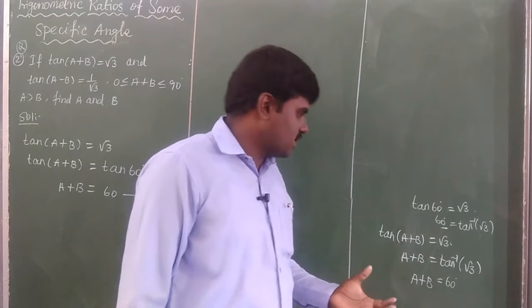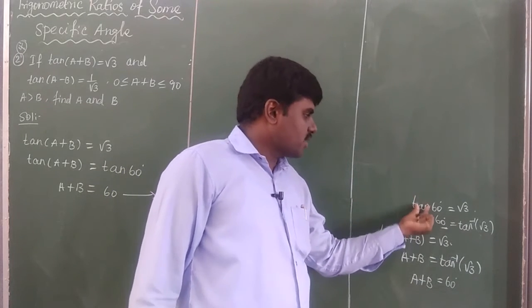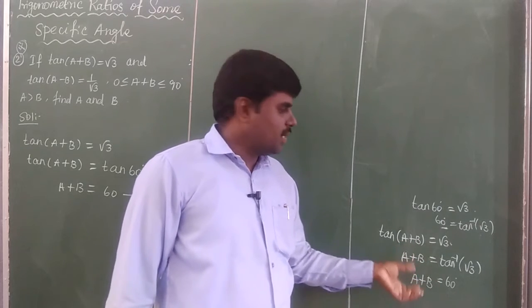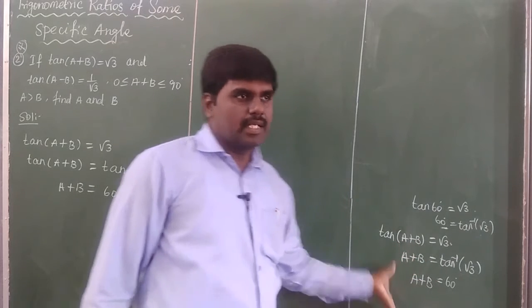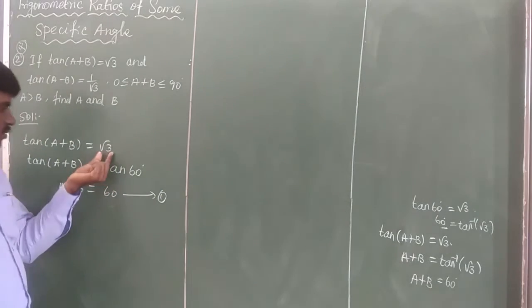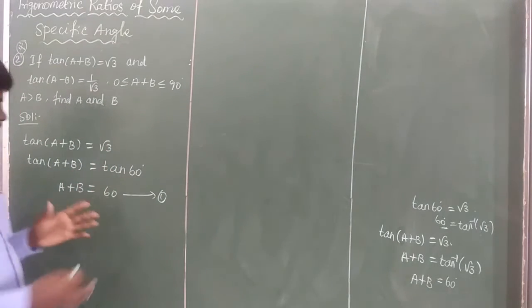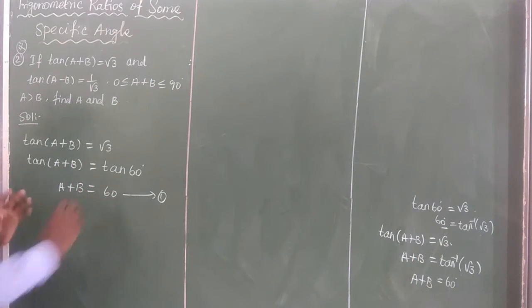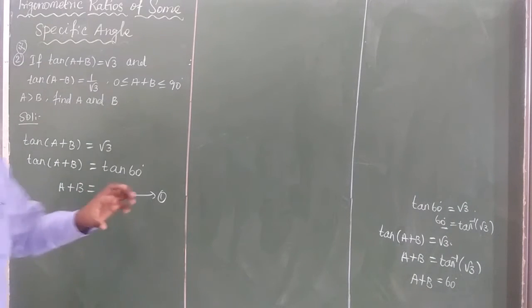So in the present 10th standard, you just find that tan 60 degree is equal to √3. But the actual original meaning is this one, which you discuss in the 12th standard. So here √3 is the value of tan 60 degree. Taking the inverse part, tan is removed. What is remaining? a + b is equal to 60 degree. This is equation 1.